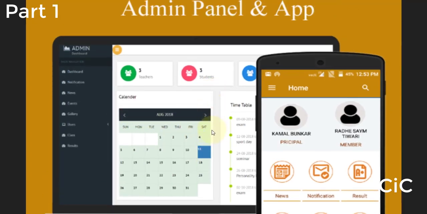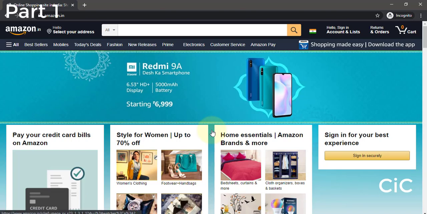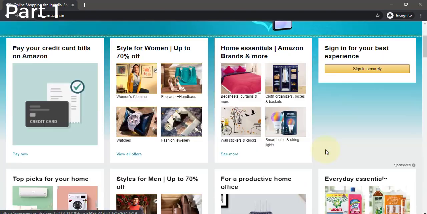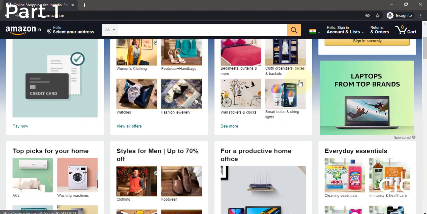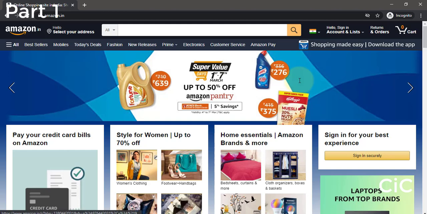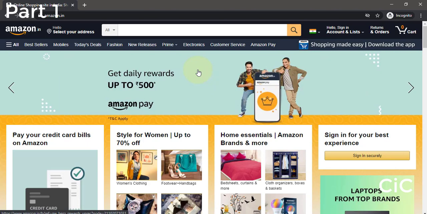And the second example of a user and admin panel app is Amazon.in. Here you can see this is what we see when we click on the website Amazon.in. When you download the app on your phone, suppose you have ordered something, you will receive a notification on the day of delivery from the Amazon app itself, saying this is delivered by this agent, with phone number and pin number, everything is given in that. That is done by the admin panel app, and what you are seeing in your notification bar in the Android app or in the website is the user panel app or user panel section.